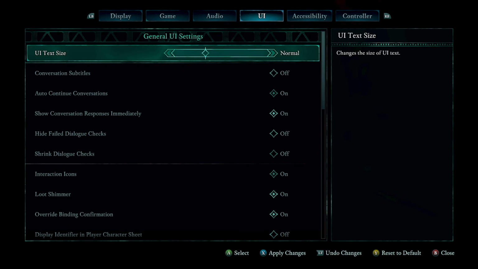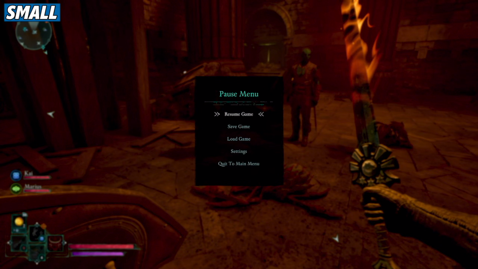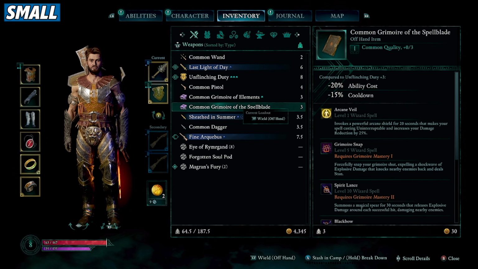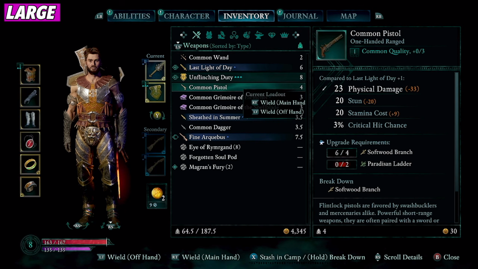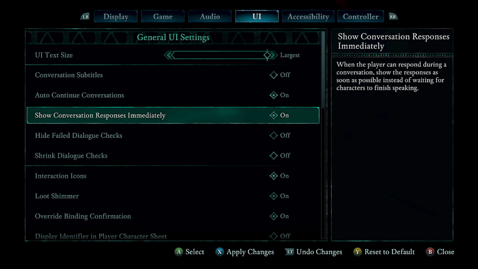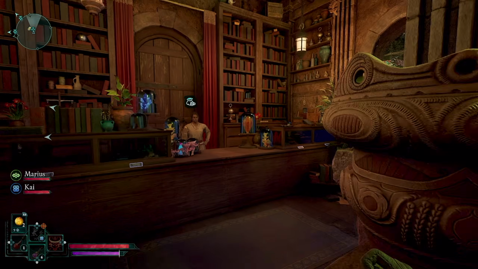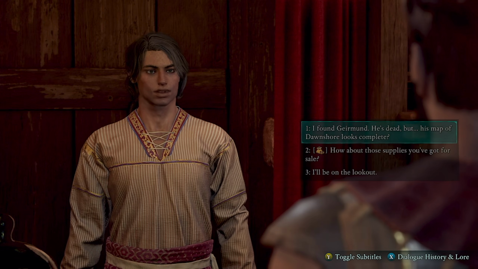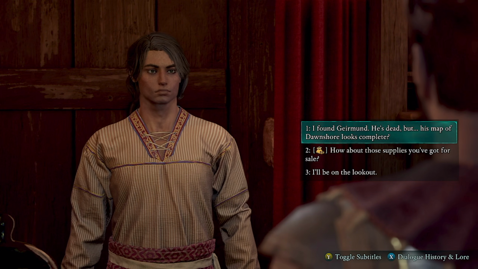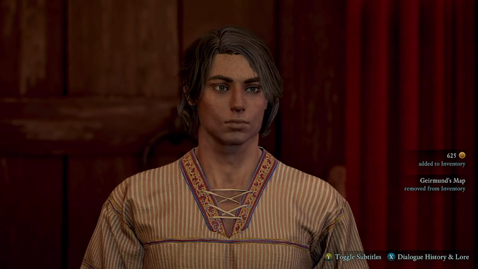into one section. First thing you're going to see here is the UI text, and that just determines how big the text is in the menus. I like that this is here, so I set mine to large just because, eyes. Below that, you have your conversation things. So auto continue conversation means that you don't have to press a button in order for the conversation to progress or select an option. In other words, like it is in pretty much every RPG, you want to have this